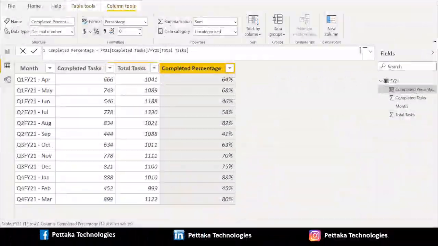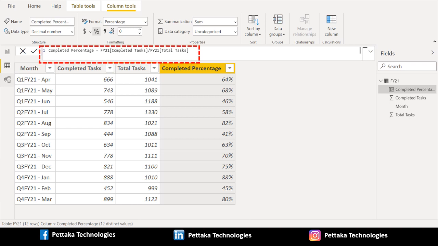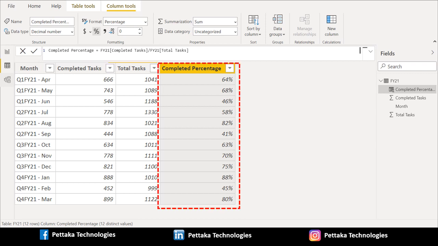We have renamed it as completed percentage and applied calculation completed task divided by total task, and changed data type of calculated column as decimal and format as percentage. And we can see the new column which contains percentage of completed tasks compared to total task.